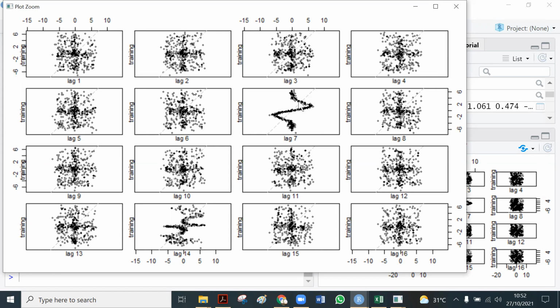So we can use a lag scatter plot or the partial autocorrelation function. And there is also a very easy approach: we can choose lag 1, lag 2, lag 3, lag 4 until whatever lag we want.